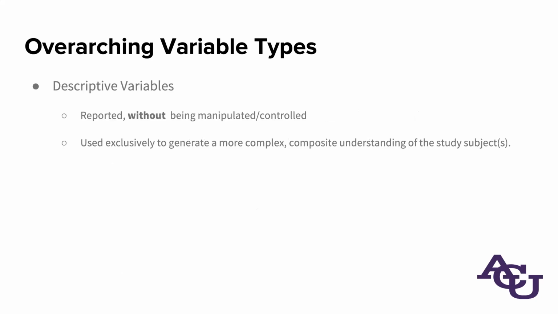Talked about descriptive variables, which are things that we report, but they're not being manipulated or controlled. So, for example, in the example table we were looking at, the descriptive variable would be the height. We're reporting it. We're not manipulating or controlling it in the sense that we're not stretching people out or squishing them down. You might have some screening where you are delimiting. The example we showed, I proposed screening out people who are under 4 feet tall and taller than 6'6",